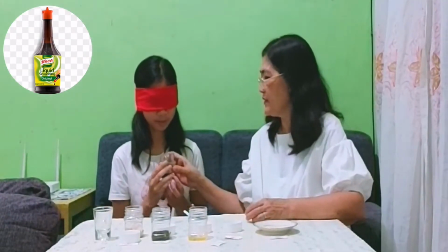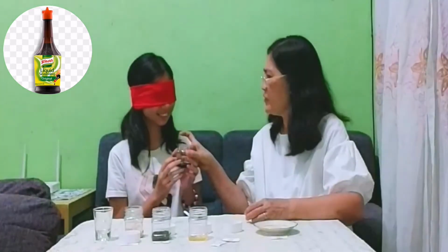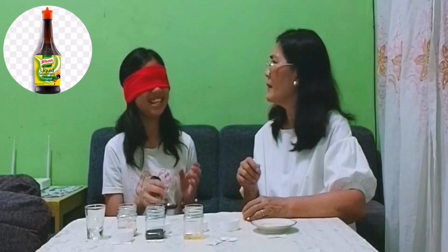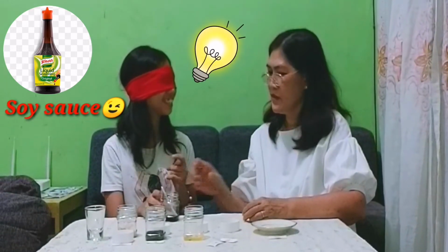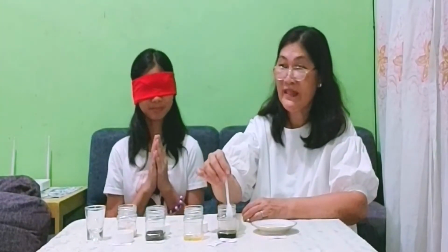Here is our fourth container. It smells salty. So what is it? Soy sauce? Soy sauce. Oh, would you like to taste it? Yes. It is soy sauce. Soy sauce. Let's move on to the last